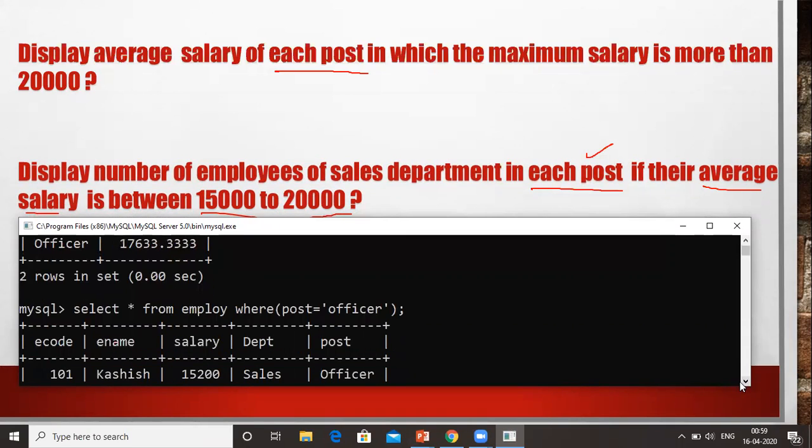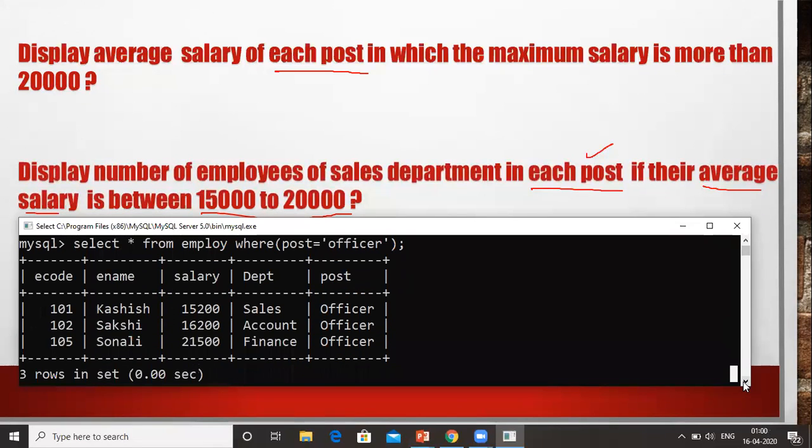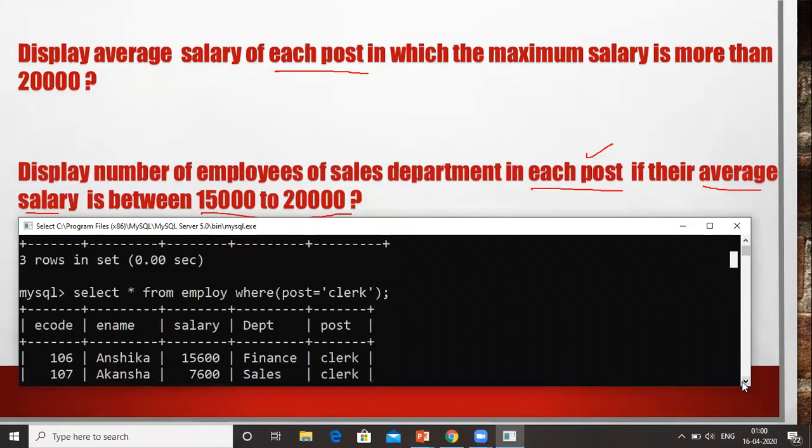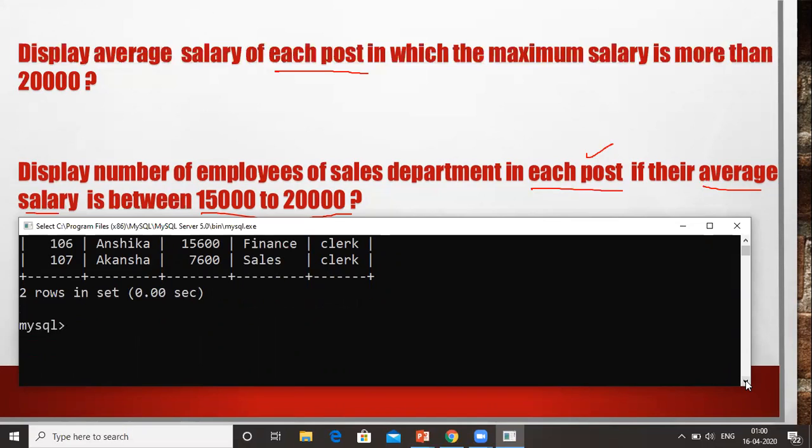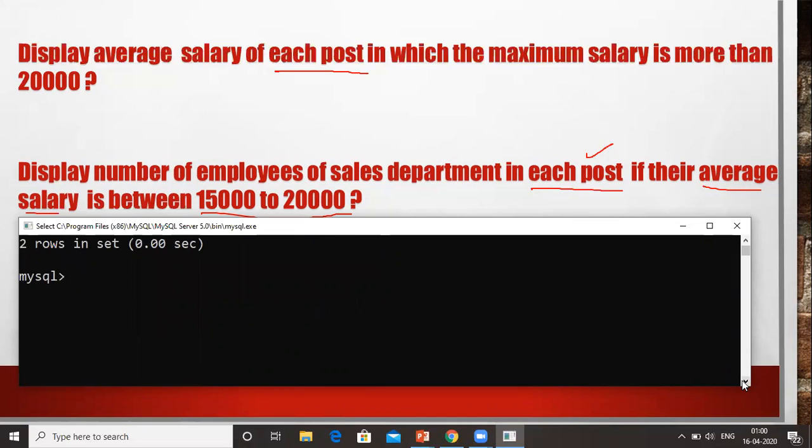All right, so let's go down so that we can write the command. Okay, so now we got the MySQL prompt. So let's write the command. For display, we will write select.